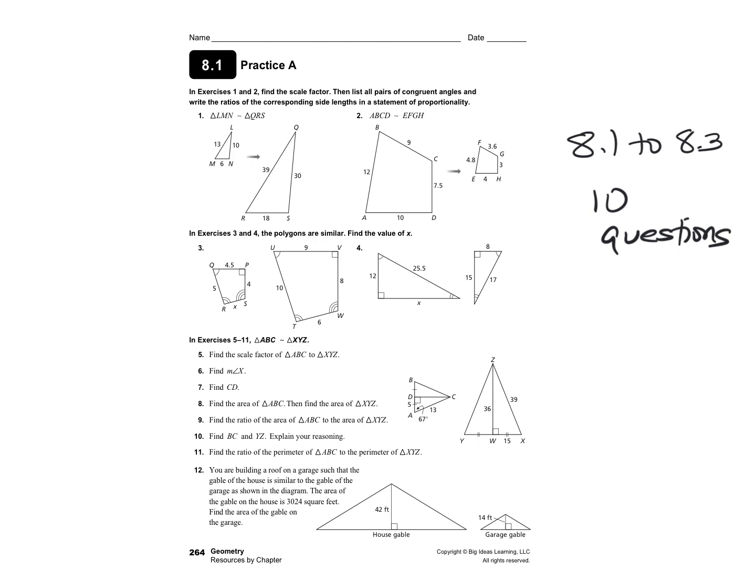So on the quiz tomorrow, of the 10 questions, there are no proofs and there are no real world examples. For example, like number 12, you won't have a question where they're talking about the roof of something or give you a real life picture and ask you to answer the questions. So my advice to you is if a picture is not provided, draw one so you can see the corresponding